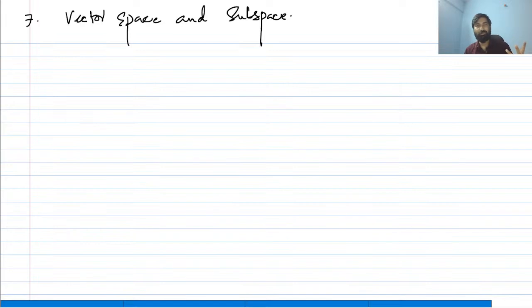What is the meaning of vector space? If I give you a bunch of vectors, suppose 4 to 5 vectors, what kind of operation can you perform on the vectors? In fact, forget about vectors. I give you the numbers 1 2 3 4 5 6 7 8 9 10. What can you do with these numbers in general? You can add those numbers, like 1 plus 2 plus 3.